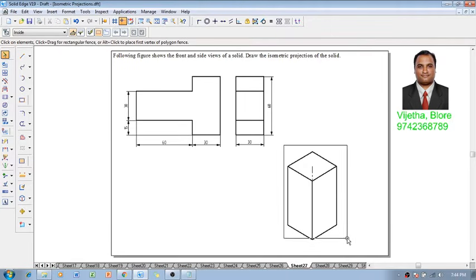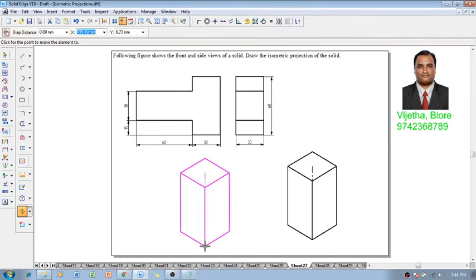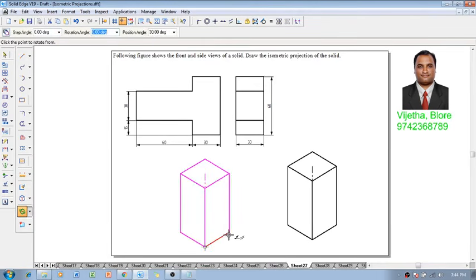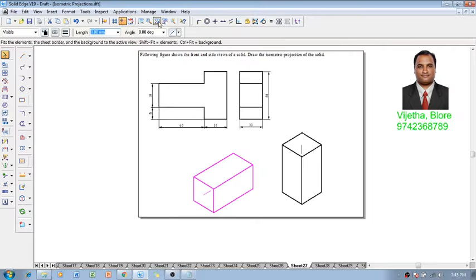For the other object, I'm going to select this square prism. Then using a move command, I'm going to move this separately, and then make use of a rotate command. I'm going to rotate this in such a way that this becomes a vertical line like this. Otherwise, a horizontal line, or it can be rotated at an angle of 120 degrees like this. Now one can see that this is how the figure is going to be, and this is the required position.